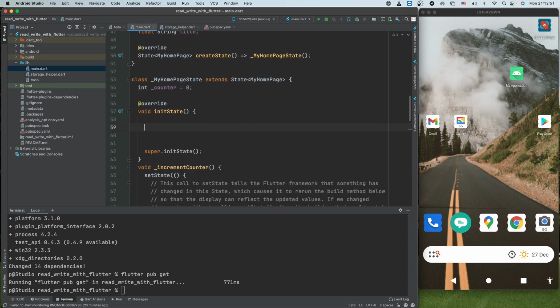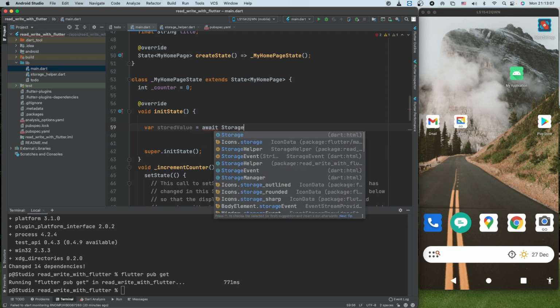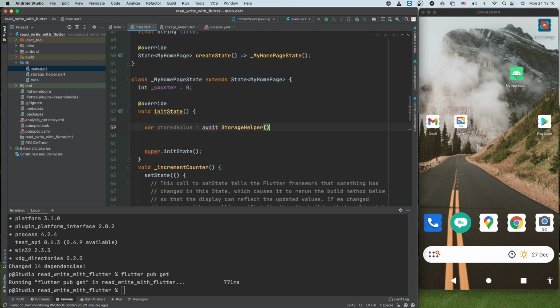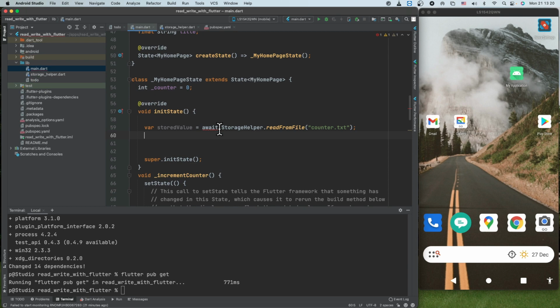We go here and we say value, stored value equal to await, and then storage helper dot read from file, name is counter.txt, right, and then I hope this can work. Let's see.